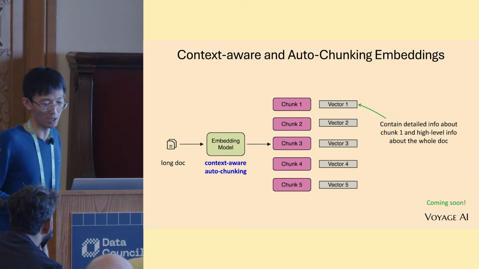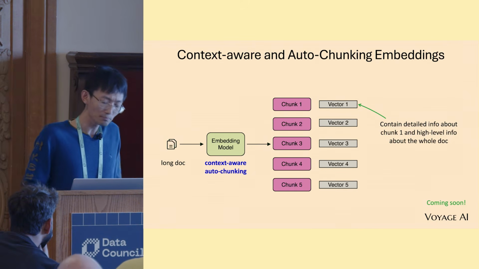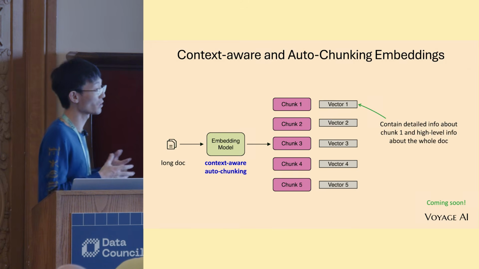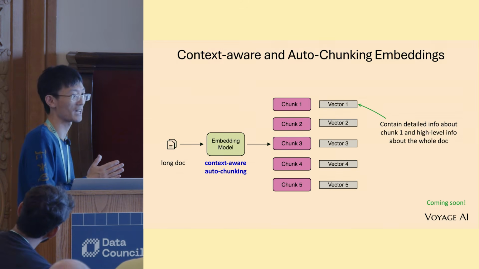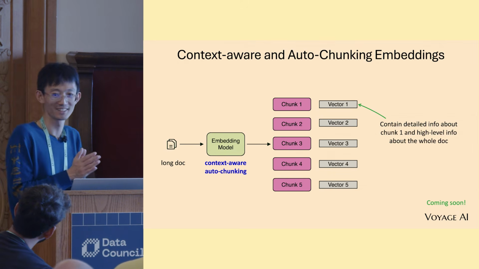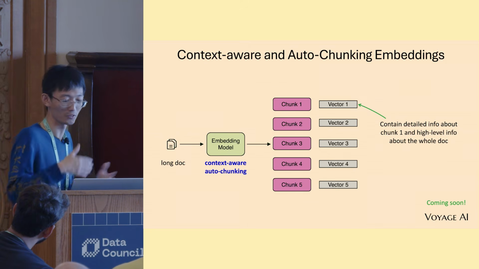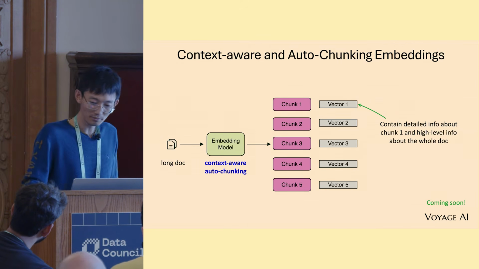We have already trained the model, and it has great performance, especially in cases where you have a long document and you do need global information. With this, you don't have to think about how to augment a document or chunk. You don't have to always add your title to all of the chunks in that document, or add authors' names to all of the chunks. Sometimes those are captured automatically here.